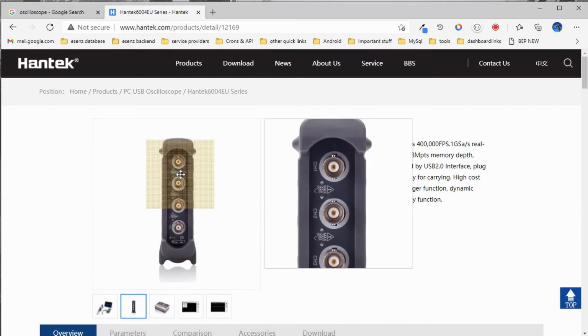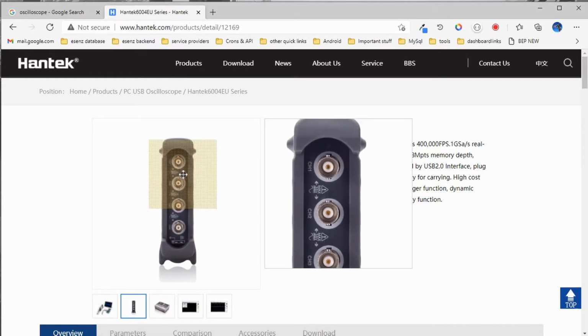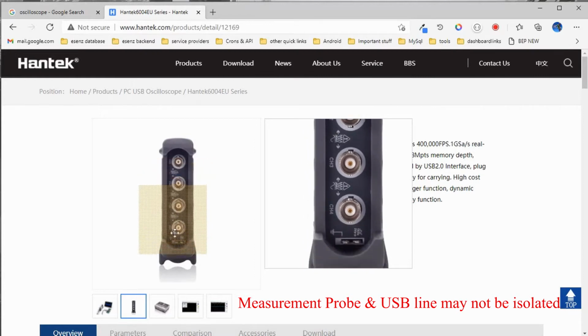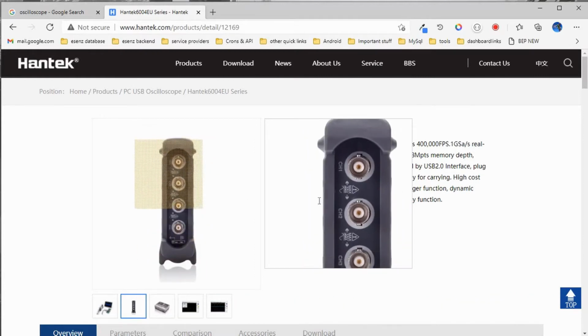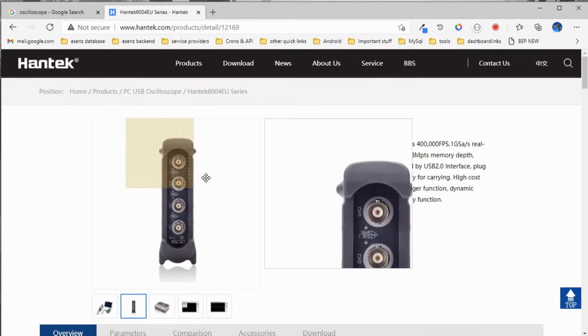While using this you have to be careful because this is powered from the USB source. If you have connected your laptop to the USB source and you are using the probe to measure, for example, some AC voltage, then that AC voltage via USB may come to your laptop or computer. So you have to be extremely careful. Generally what I do is, when I'm measuring any AC voltage, I connect it to my laptop and remove the AC power cord. And for all embedded system applications, this is more than enough. Since these don't have a display, they are not very expensive compared to the traditional ones.